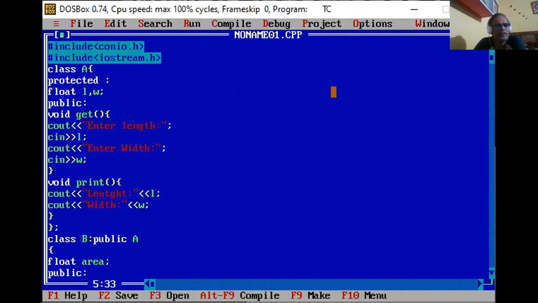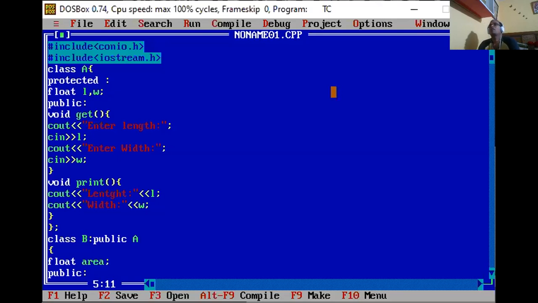So let's understand that application. Now we develop the application for the area of a rectangle. We declare two variables, protected variables. Now, is it possible that we also calculate the area of a circle? Please try to understand.